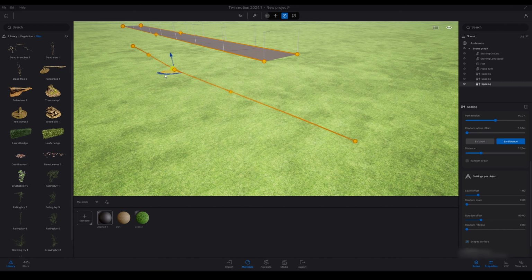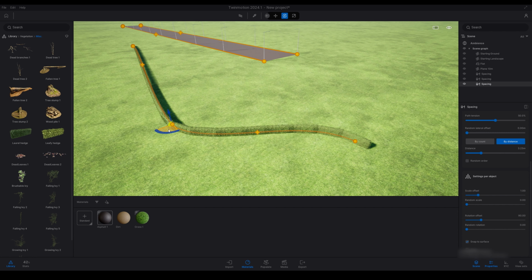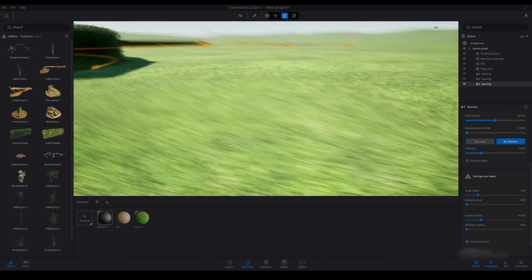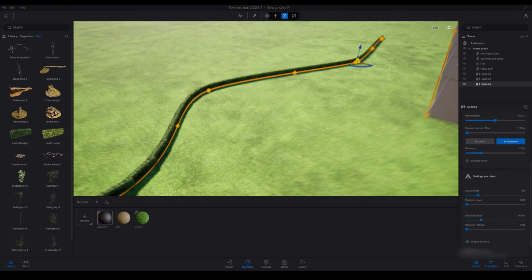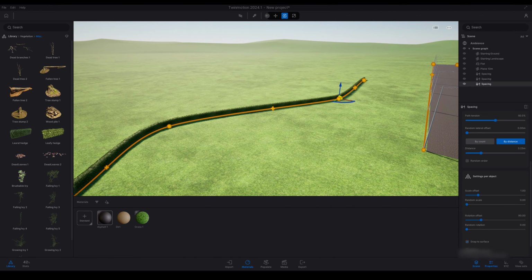So now you can manipulate this. Obviously there are limitations to this tool. So if you drag it out too far, you can see that it gets a little bit jagged at sometimes. But you can just play around by changing the vegetation or the hedges, or just trying different things out.